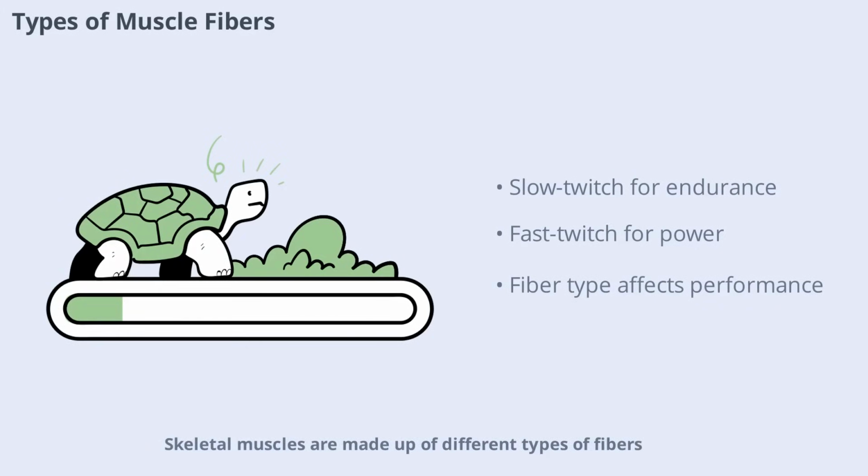Skeletal muscles are made up of different types of fibers, each with unique properties. The main types are slow-twitch type I and fast-twitch type II fibers. Slow-twitch fibers are designed for endurance and can sustain activity for long periods without fatigue. Fast-twitch fibers, on the other hand, are built for speed and power, contracting quickly but tiring more rapidly. The balance of these fiber types in a muscle determines its overall performance characteristics, influencing whether it's better suited for